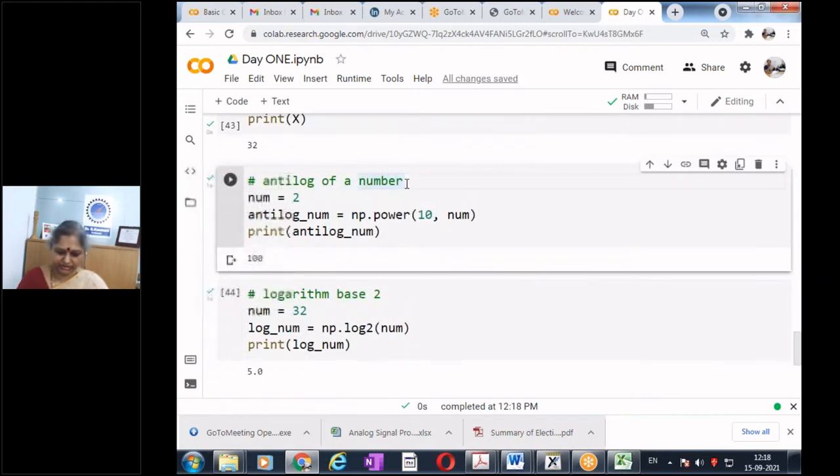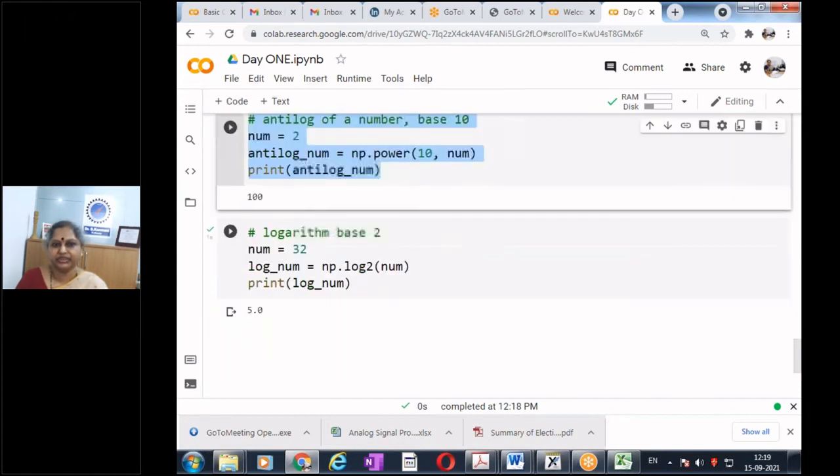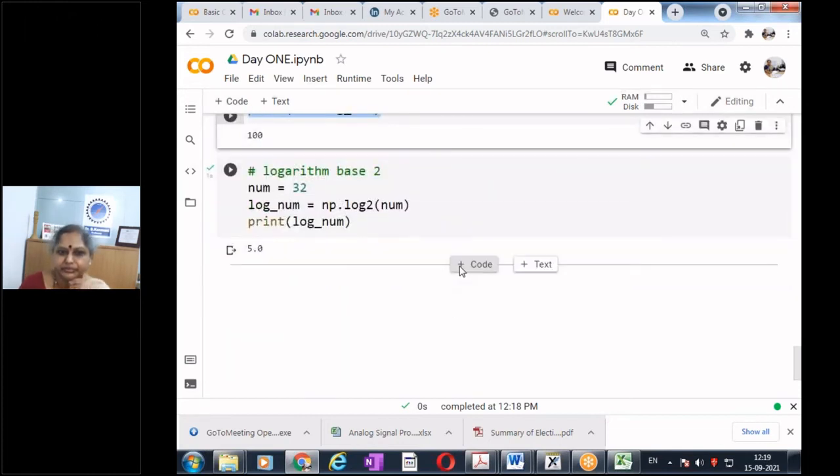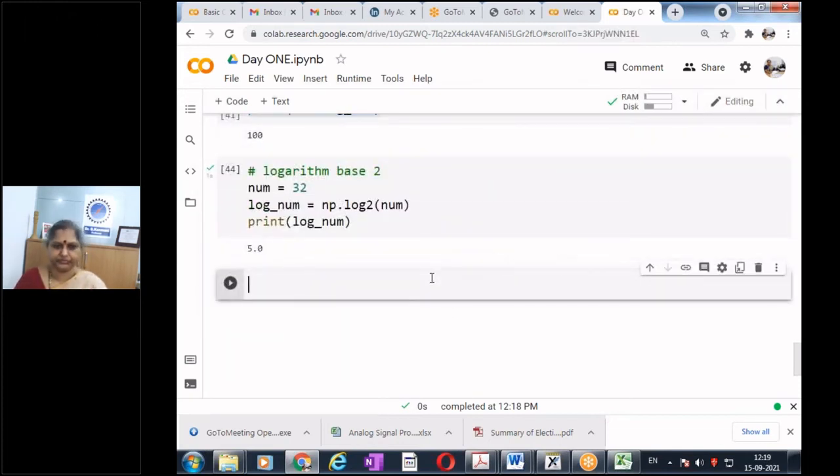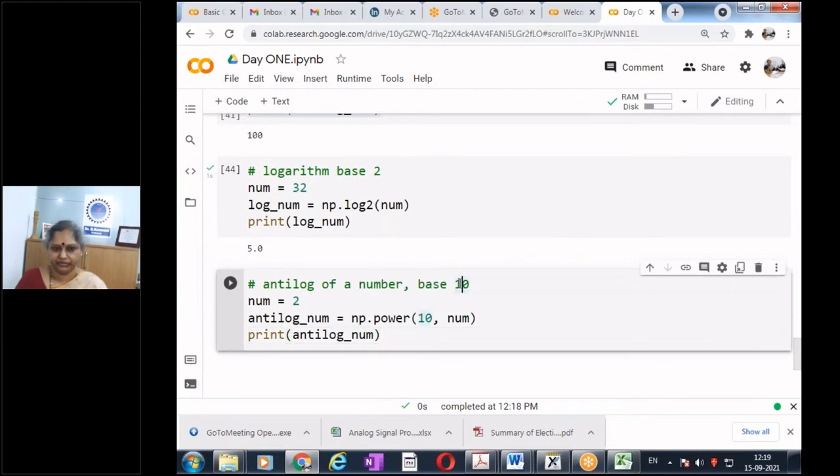The anti-log of a number was base 10. If I want to do the anti-log of a number which is base 2, how should I change my code? Suppose it's base 2, then I have to do it.